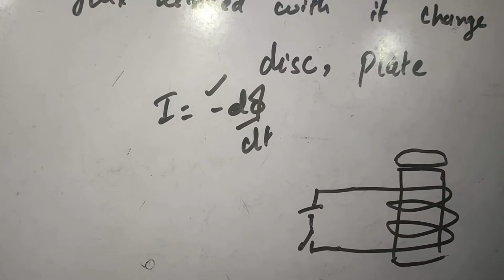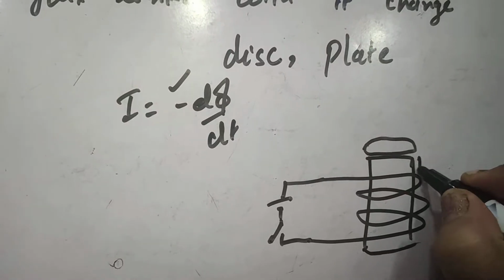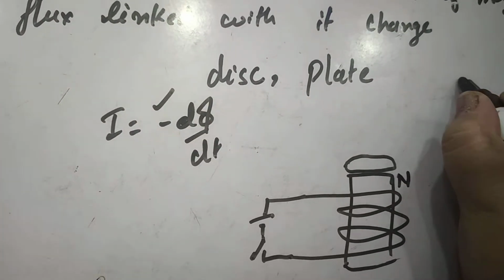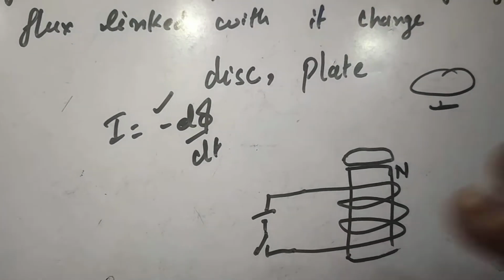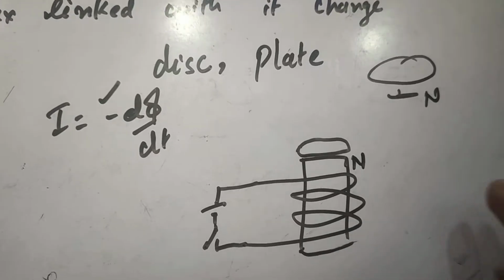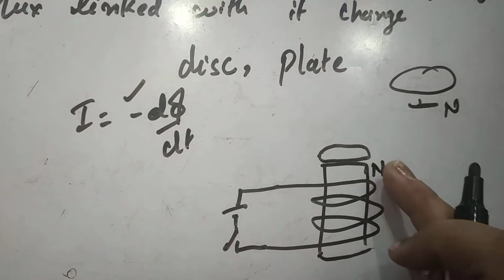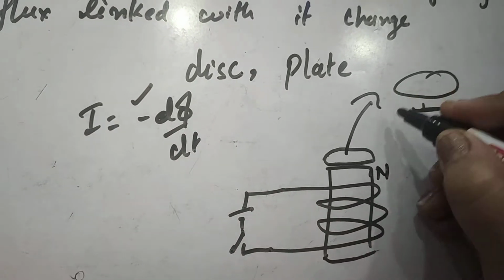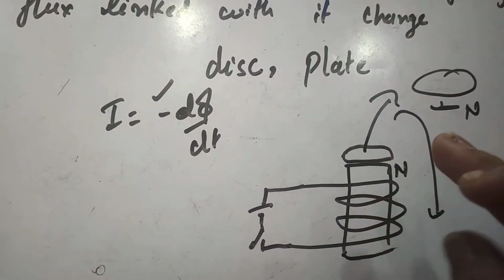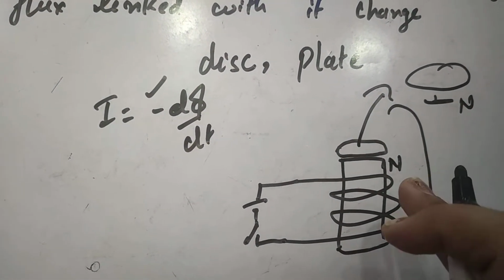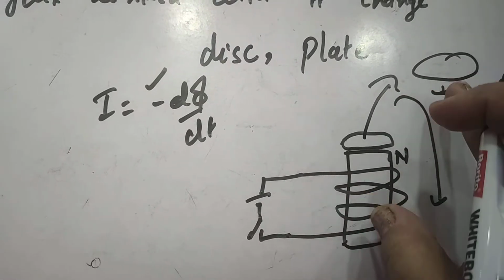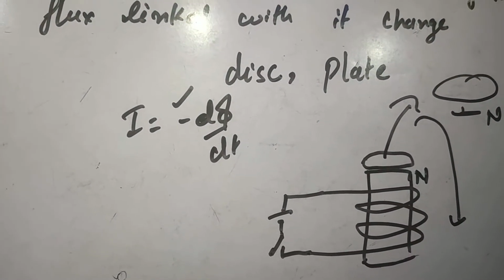Suppose on increasing the current, this end of the conductor has north polarity. Automatically the lower side of the disc will also become north polarity. So north and north will repel, and the disc will fly off and then come down due to gravity. Again, the current is induced in a direction which opposes its cause. If it is north polarity, it means an anti-clockwise direction of current is produced in this disc, due to which it will fly off.